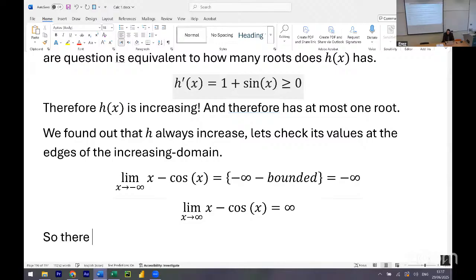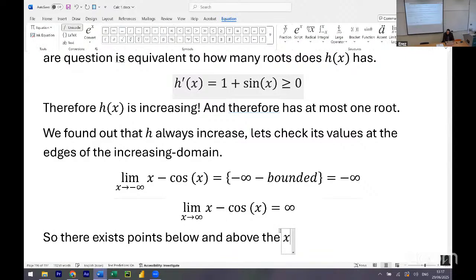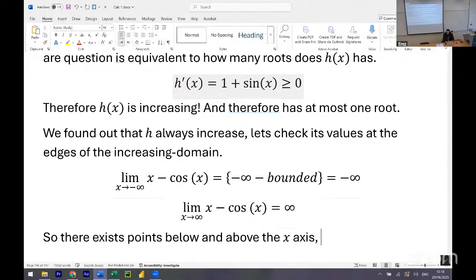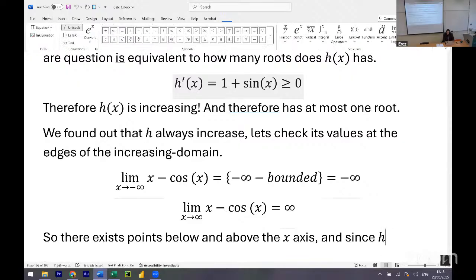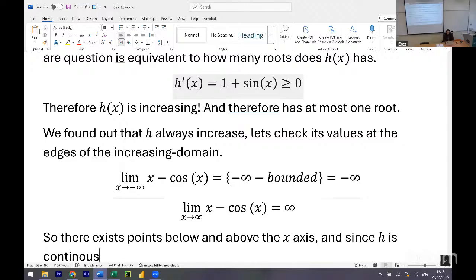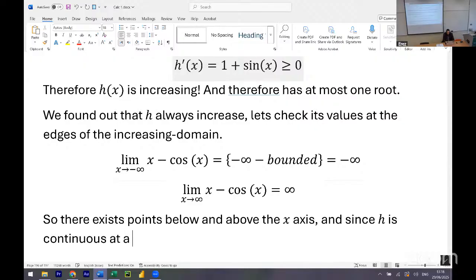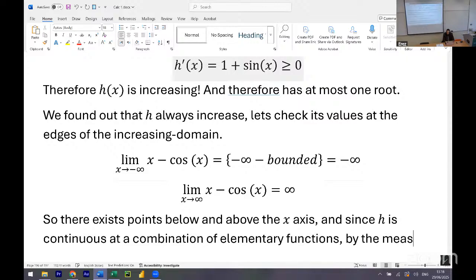So there exist points below and above the x-axis, and since h is continuous as a combination of elementary functions, by the mean value theorem